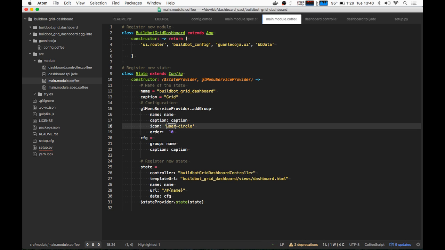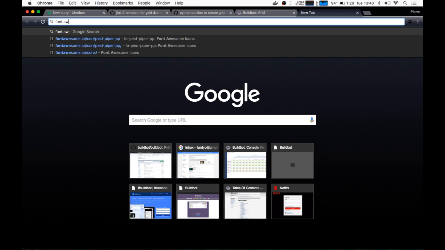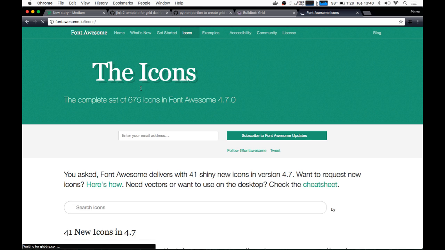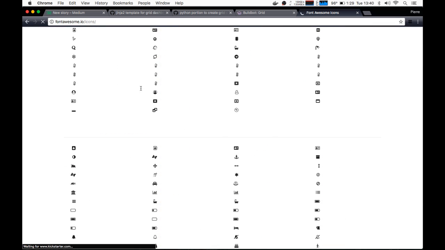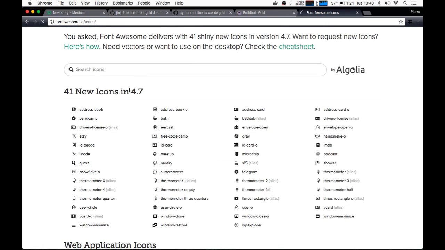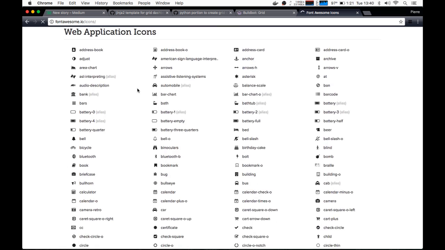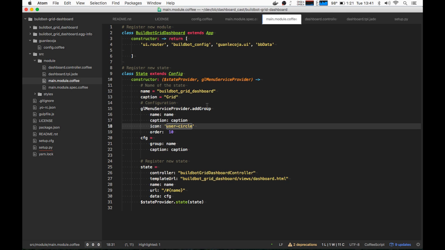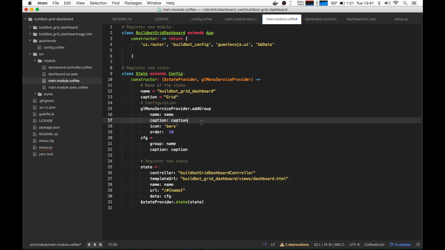And the icon is also based on Font Awesome. So in Font Awesome, you have the list of icons that are available. So I want to choose icons that are good for me. Maybe you don't want the latest new version, because the Font Awesome version that we have is maybe a little bit older. So let's use, I don't know, bars. Okay, I just use bars,